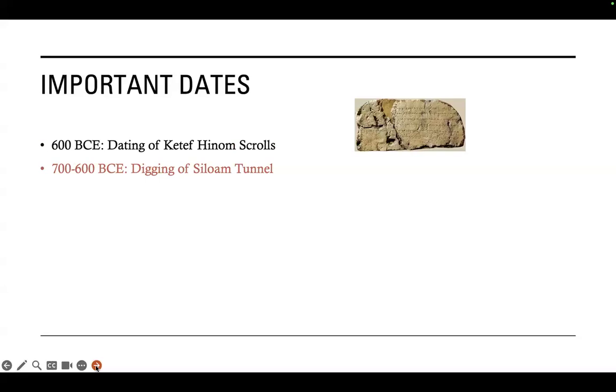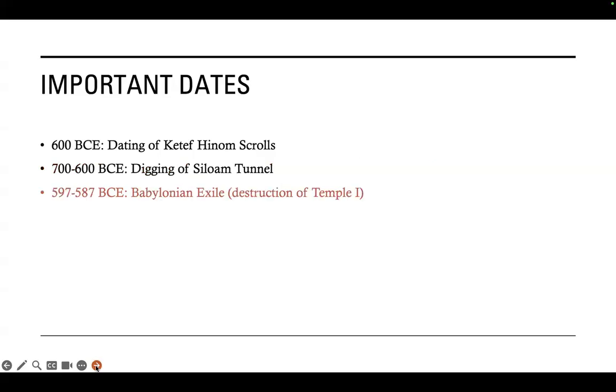So this has been dated to 700, 600 BCE, and that's another piece of evidence of writing at the time, of the existence of the kingdom at the time, and grounds us in the House of David days of Judea. Then we have a couple of dates that have been confirmed historically. So we know when the Babylonian exile happened because there are Babylonian texts that confirm this. There are other historical, external sources. There's material evidence that was found to document the Babylonian exile and the destruction of the first temple.